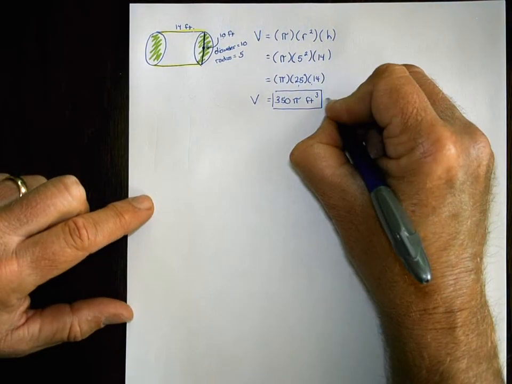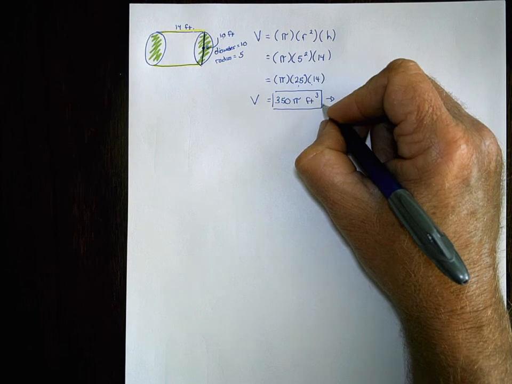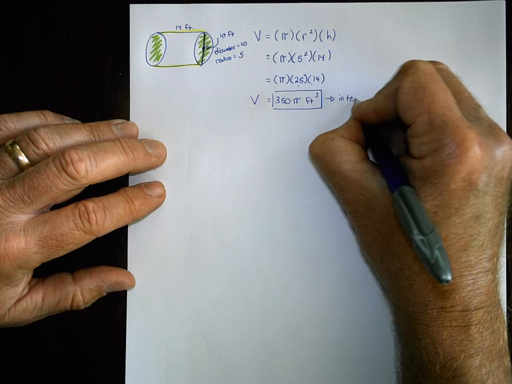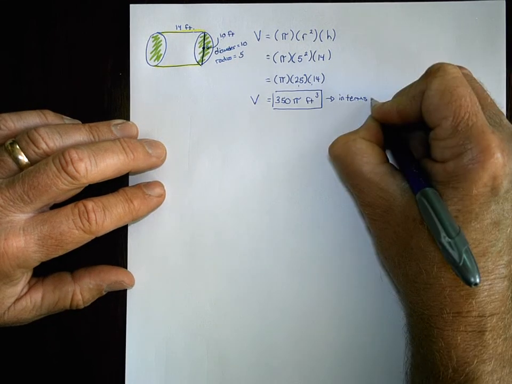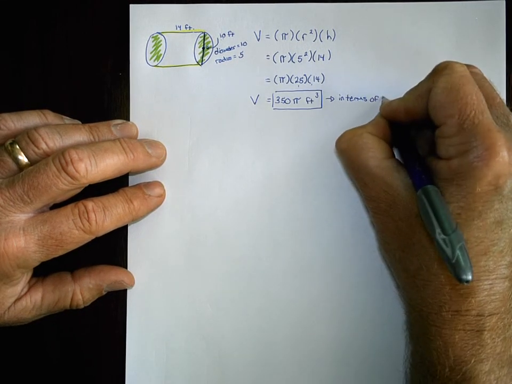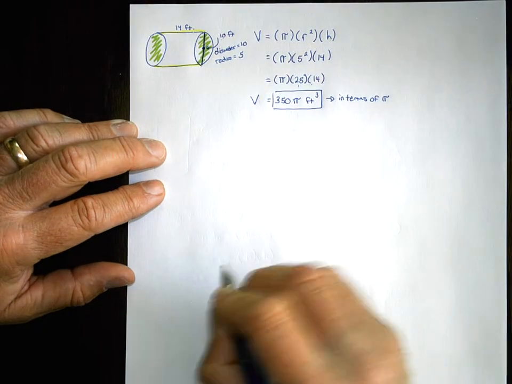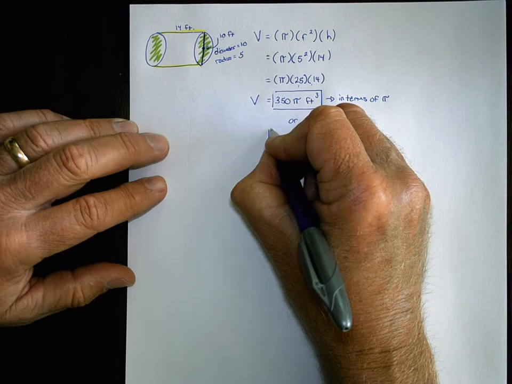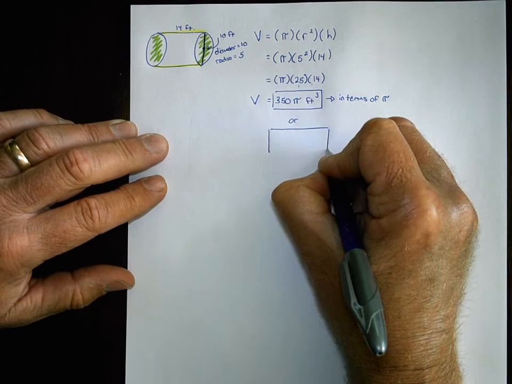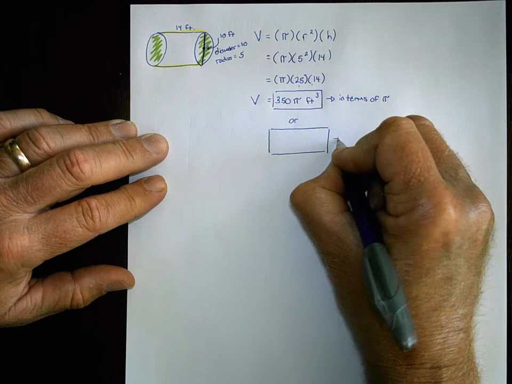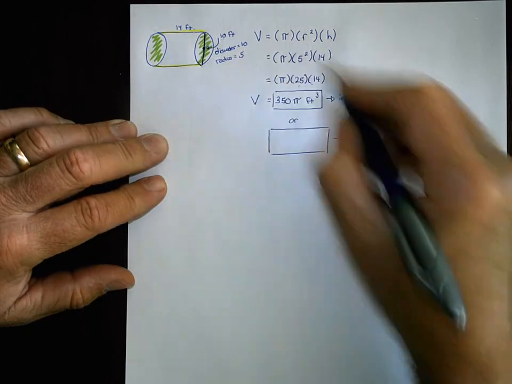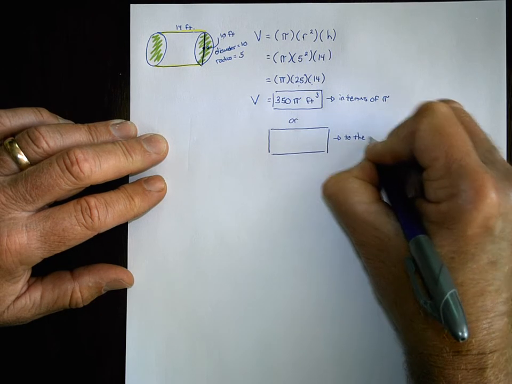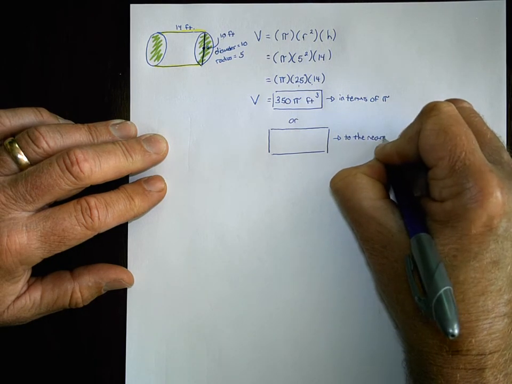Now remember, this right here is expressing the answer in terms of pi. Okay, so if you were doing this problem and the directions specifically said express your answer in terms of pi, this would be how you would write it. Or if the problem said what is the volume of the shape to the nearest hundredth,